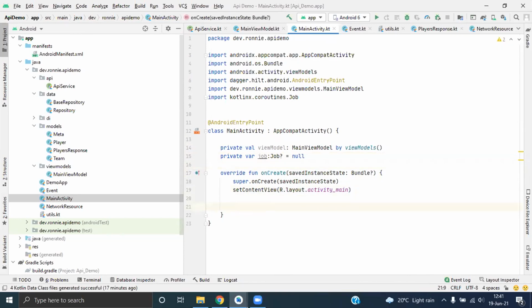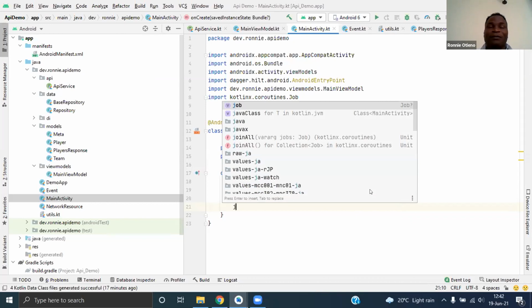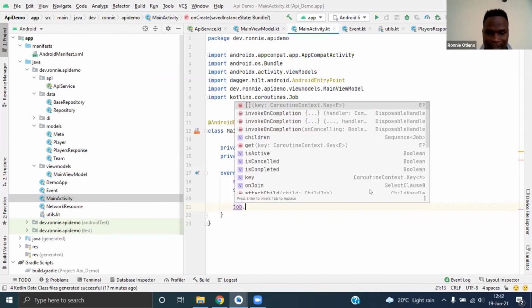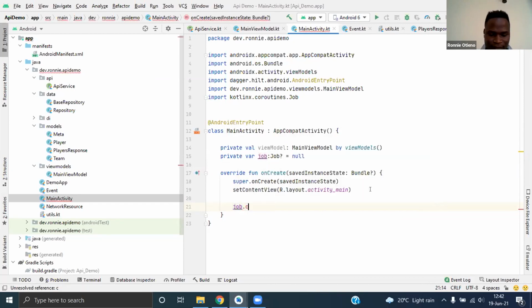Because we don't have a lot of things to do in the main activity, we just want to get the data. First of all, we need to cancel the job that was running before starting a new job. So we can just put job.cancel. We need to make sure it is not null.